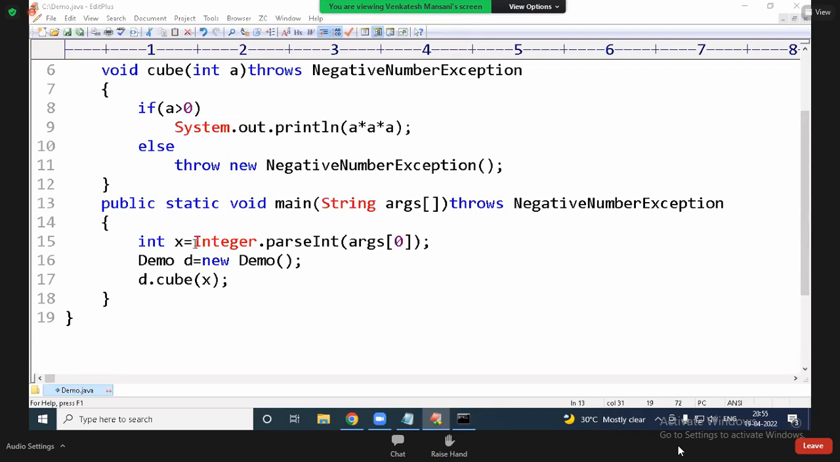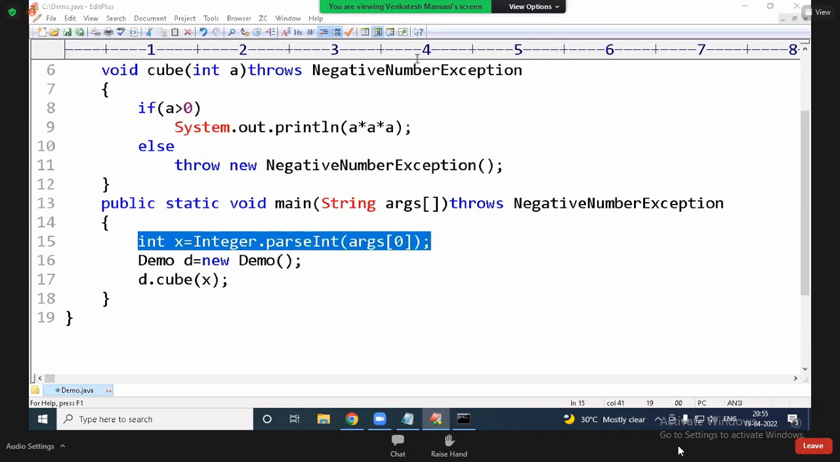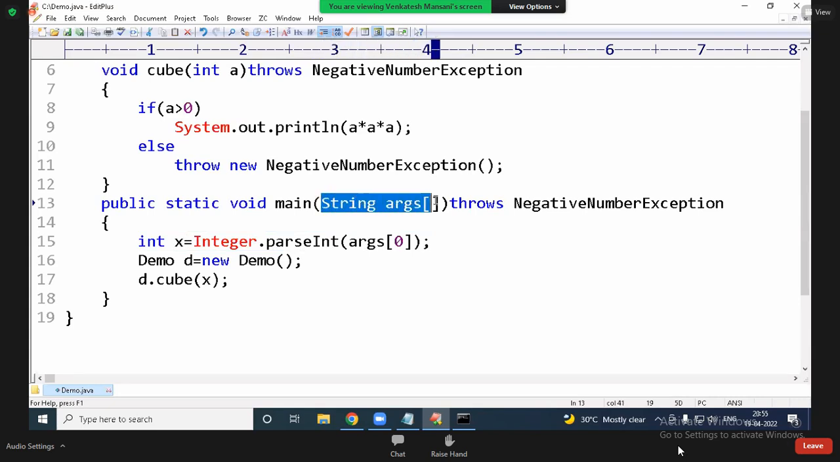It will convert string to integer, not integer to integer. Whatever we are passing at the command prompt is received like a string. That string,